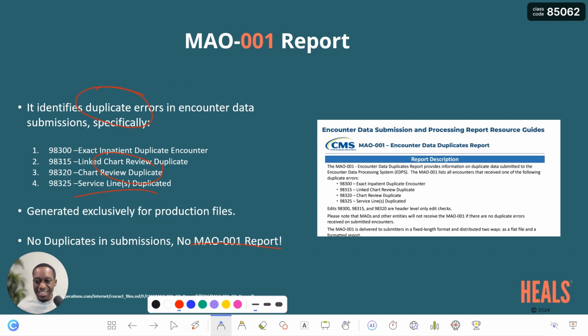That is one of the things that the MAO-001 report, and there is a job aid here on the CMS website, which you can reference, and you can pull it out and learn more about this report, give much more understanding to the report and the format and everything. But that is your